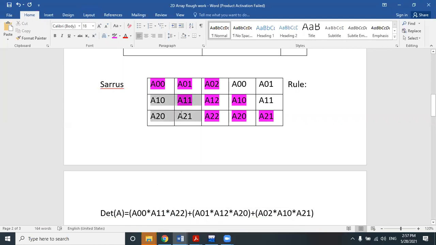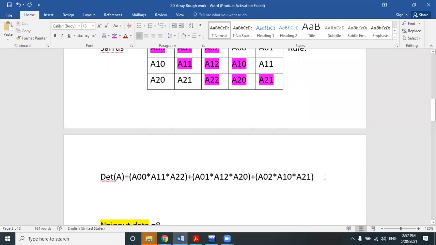We should not go for these diagonals. Why should you not go for these diagonals? Because these diagonals are not equivalent to the size of the input matrix. The size of the input matrix is 3 cross 3, so your diagonal should be at least 3. But in this case, the diagonals are only 2. So we should not go for these diagonals. We should go for only these 3 diagonals. Clear? Up to this clear to everyone? Yes, sir. Clear. Very good. Now the next process.